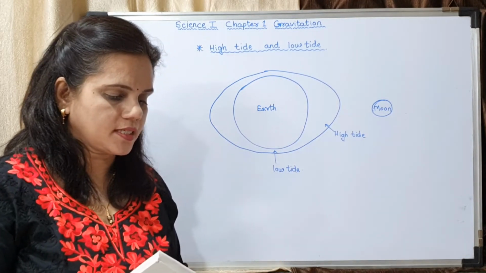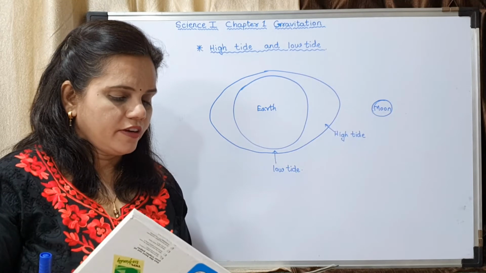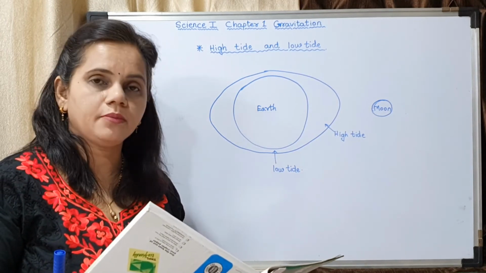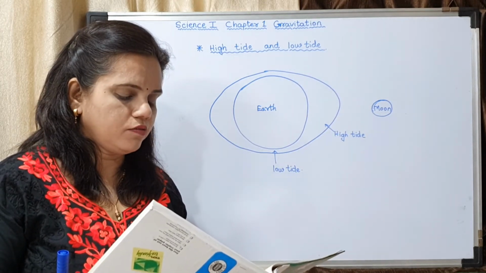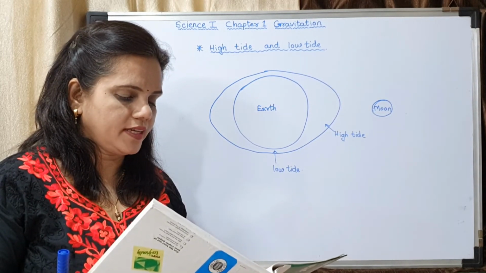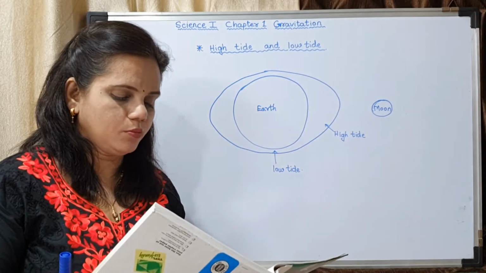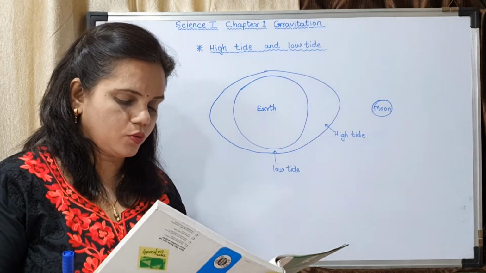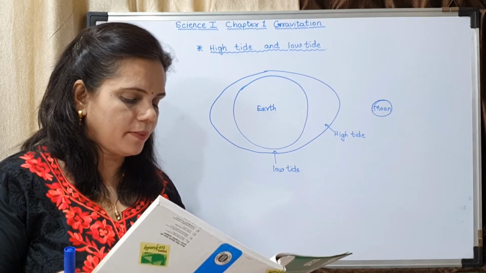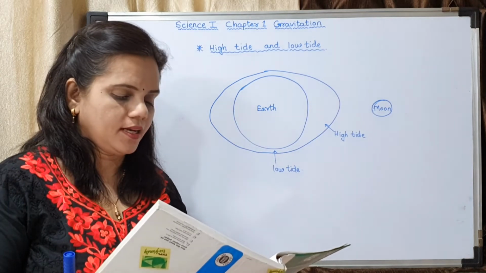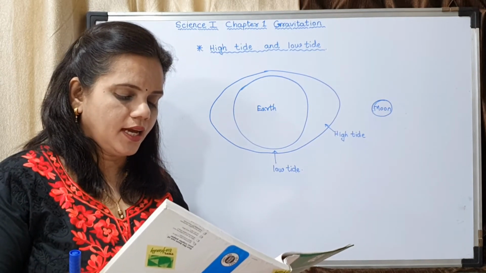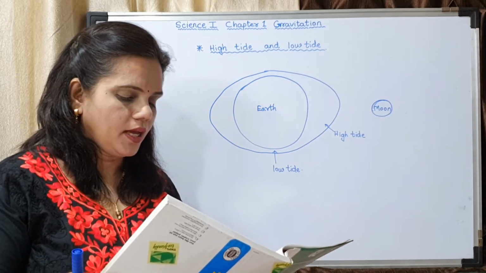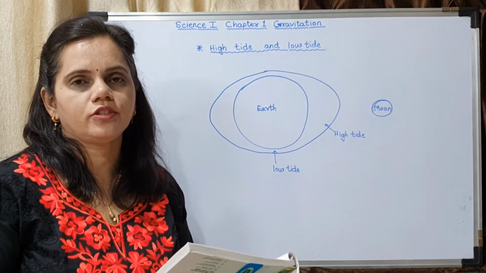On page number 6, do you know the question? From where you have to write: high and low tides occur at different times at different places. The level of water in the sea changes because of the gravitational force exerted by the moon. Water directly under the moon gets pulled towards the moon and the level of water there goes up, causing high tide at that place. At two places on the earth, at 90 degrees from the place of high tide, the level of water is minimum and low tide occurs there. You have to write till there.